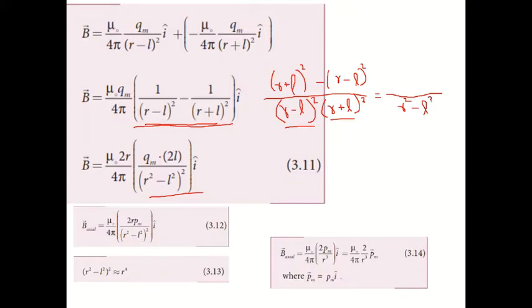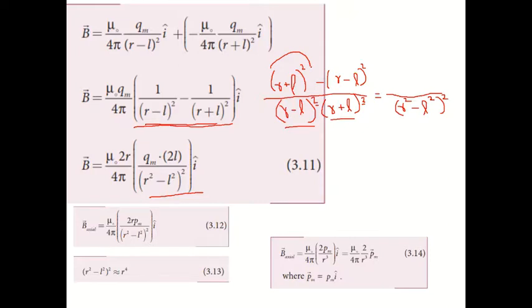Here we have the whole square, so we can include that same whole square on this side. Okay, now this numerator has (r plus l) the whole